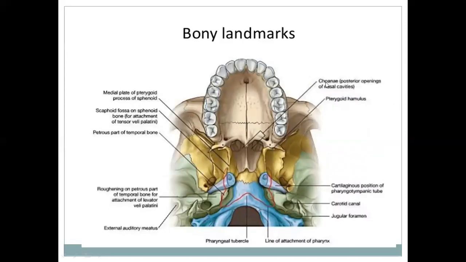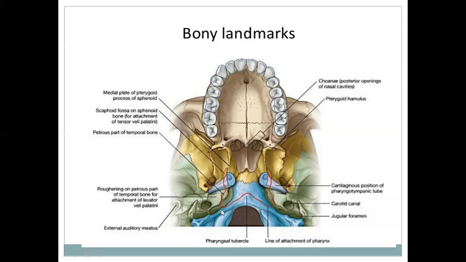So this is a bony skull. It shows the actual attachment of the pharynx. This is the pharyngeal tubercle over the basi-occiput. These are the pharyngotympanic tube. The posterior wall is attached here over the pharyngeal tubercle and over the basi-occiput, and the lateral walls